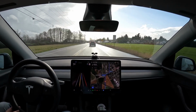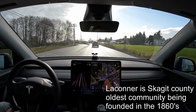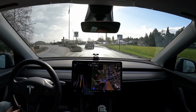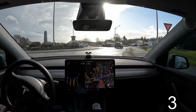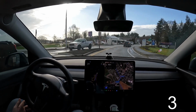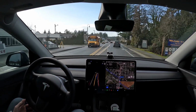All right, and we are approaching the little community of LaConner. It's a little art community right on the water. Very, very nice place. And here's this roundabout entering into the city. I think we're going way, way too slow. But you know what? It made it. So we made it through the third roundabout into the city of LaConner, and we are headed to Shelter Bay,